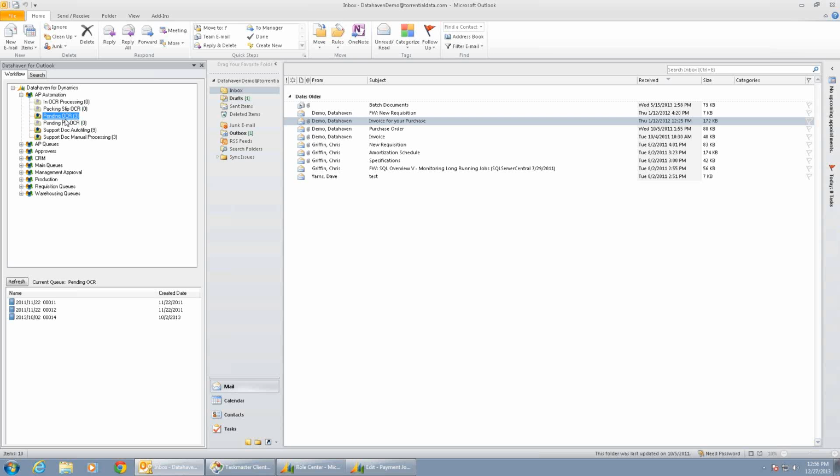So in this case, I'm viewing a workflow queue called Pending OCR, and there's 3 invoices in that queue. This queue is being monitored by our OCR engine, and as soon as we have enough invoices in the queue to create a batch, which my batch size is currently set to 4 invoices, then the OCR engine is going to pick these invoices up and process them automatically. So in a normal workflow data entry process, an end user might monitor this queue and do manual data entry in Dynamics. But in this case, the OCR engine is going to monitor this queue and do the data entry